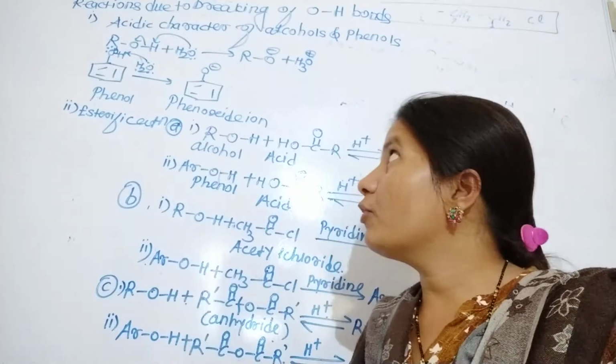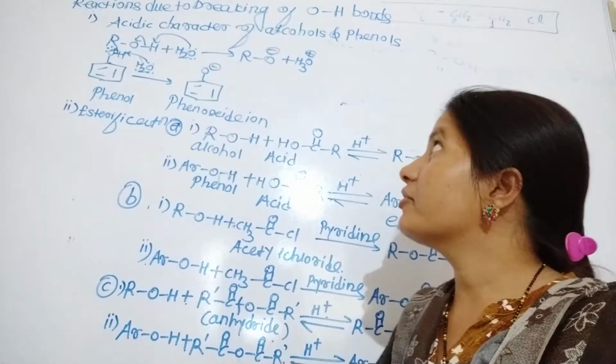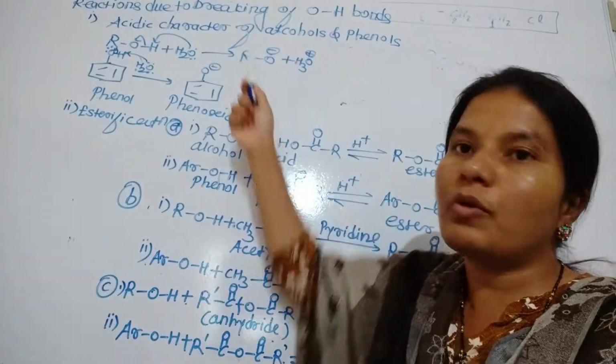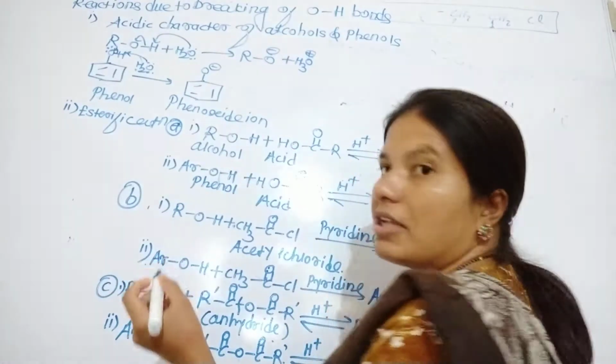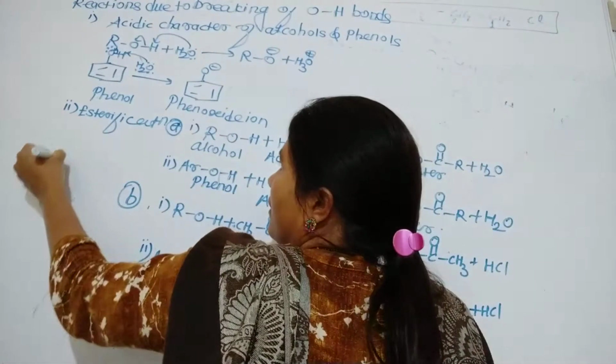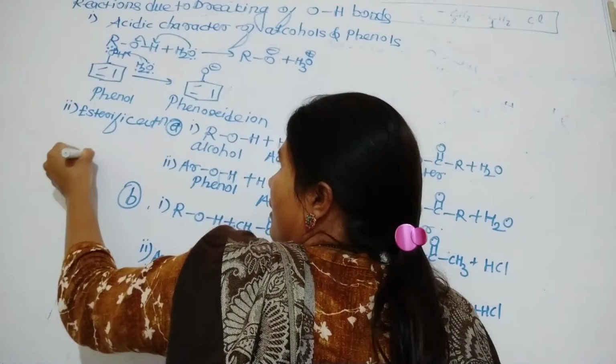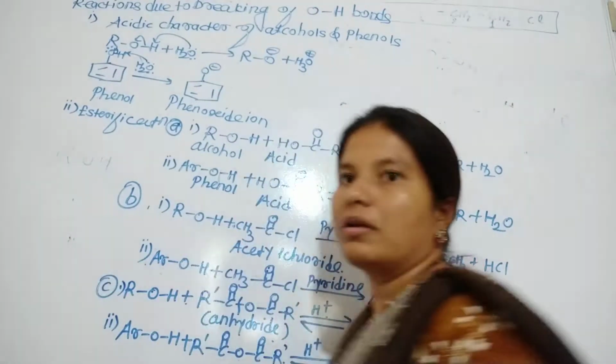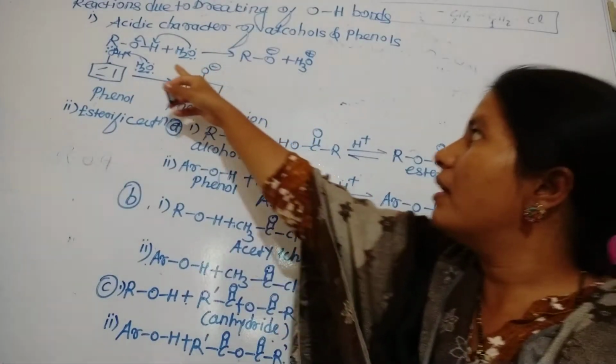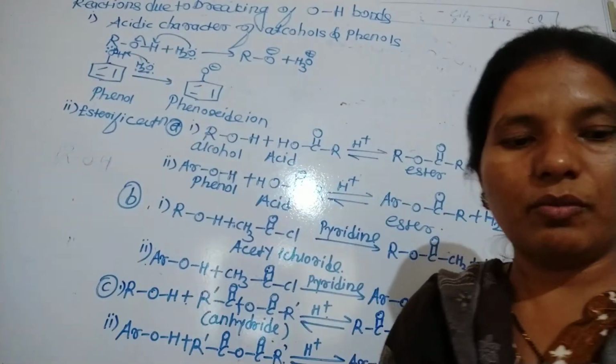Next point from alcohol, phenol and ether is reactions due to the breaking of the OH bond. You know that these reactions involve the breaking of the bond between R-O. This is your simple alcohol. You want to cleave the bond between